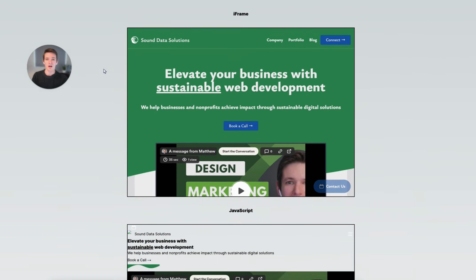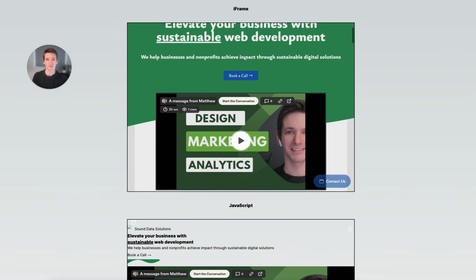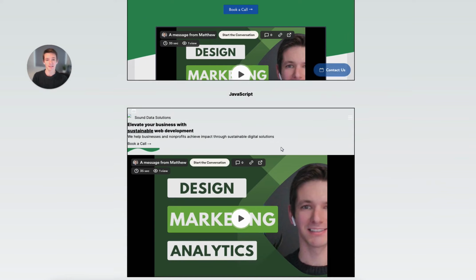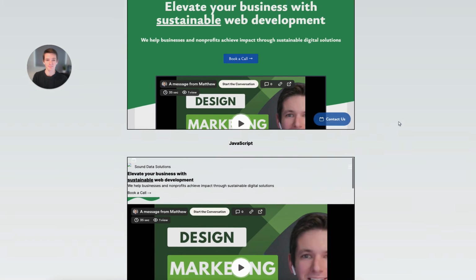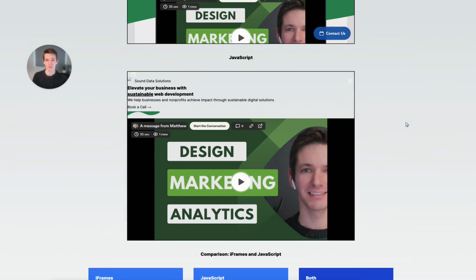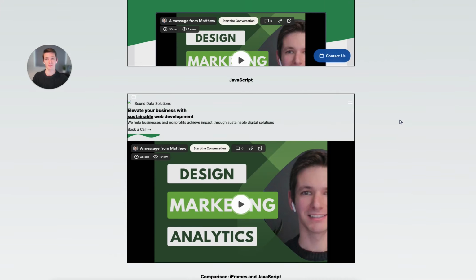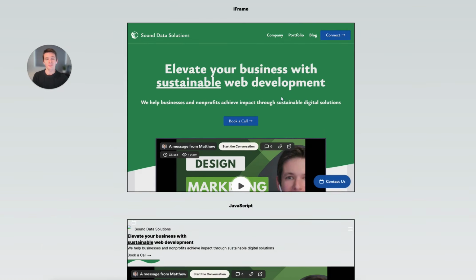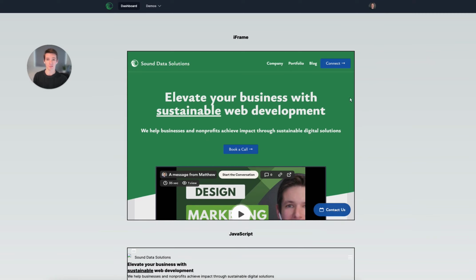What you'll see are two different embeds. The first one an iframe-based embed and the second one a JavaScript-based embed. And immediately you'll notice that these look different, even though they're showing the same remote content. And the reason for that touches on the key difference between the two, which is the way the content is